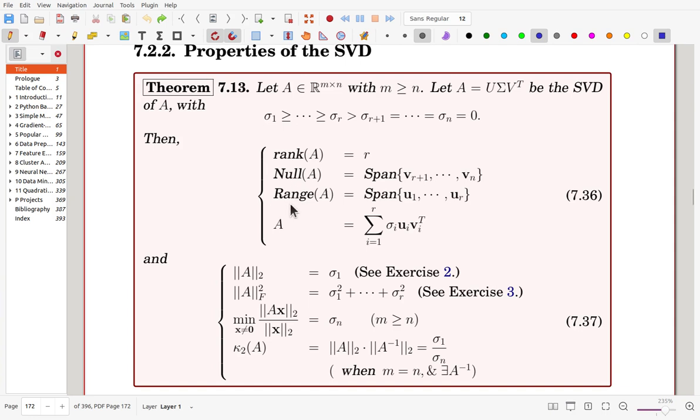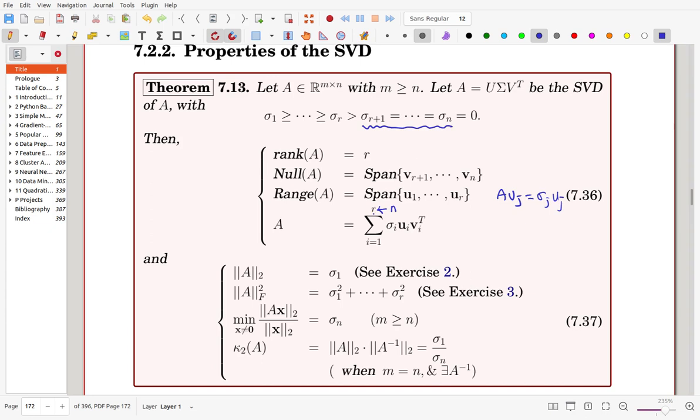Now, the range of A must be the span of u1 to ur. We already know that A v j is the same as sigma j u j. So the collection of u j must be the range. And also here is the dyadic decomposition. Originally, this value must be n, but from sigma r plus 1, these are 0, so that you